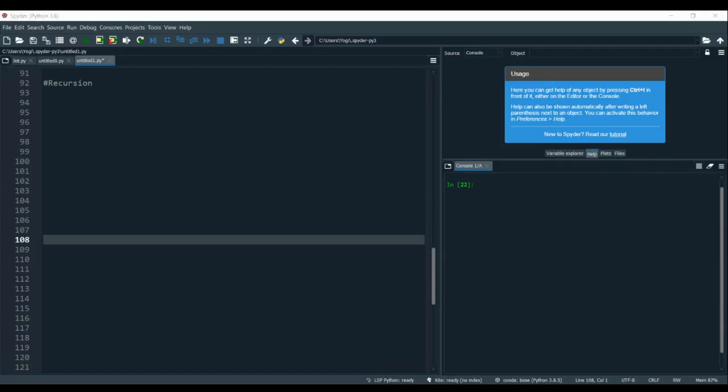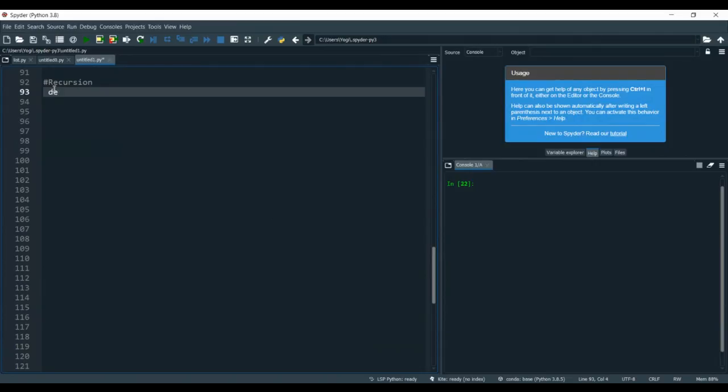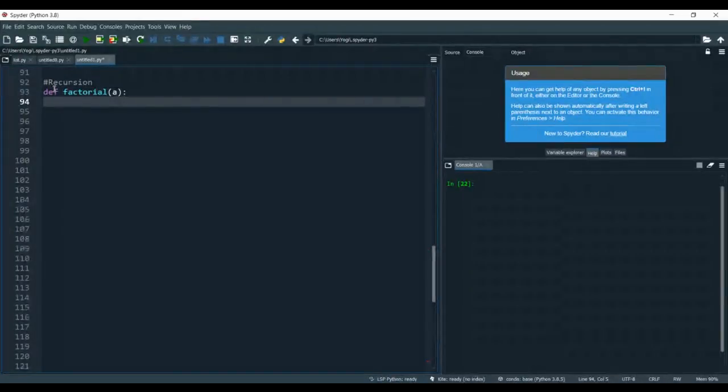So I'll take a simple example of a recursive function by calculating the factorial of a number. Suppose the definition of this function will be the same, def factorial a. Now, if the number given is one, it will give you one factorial only.